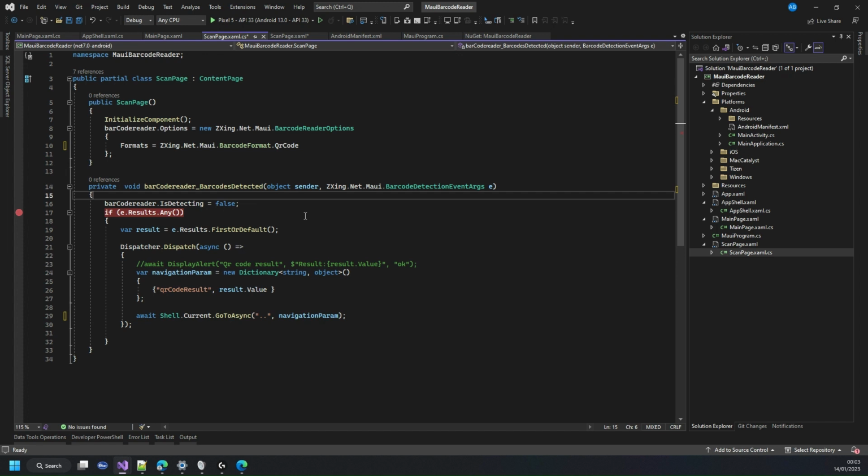So it's ready to receive QR code scans, and it will disable when it gets a result, process the results, and send it back to the calling page, which is the main page. So I will build this and run this on my device